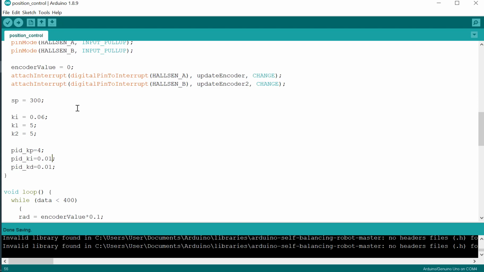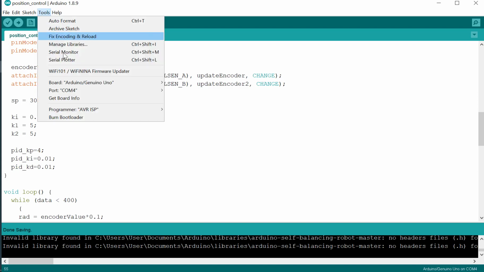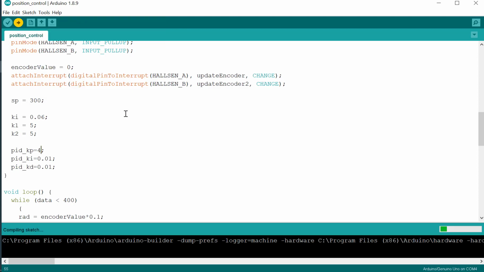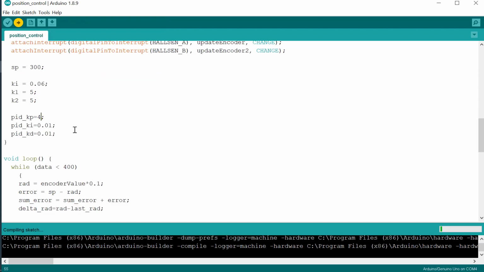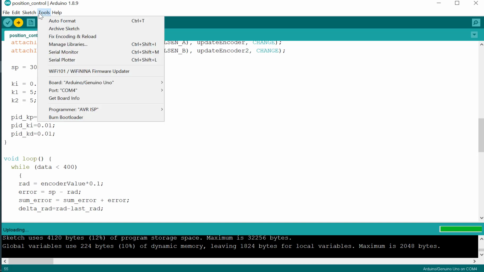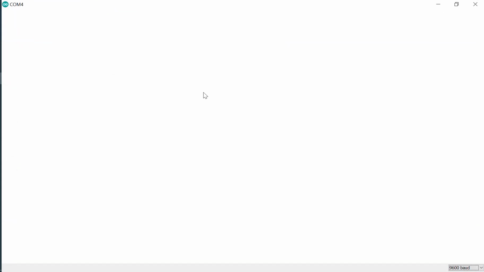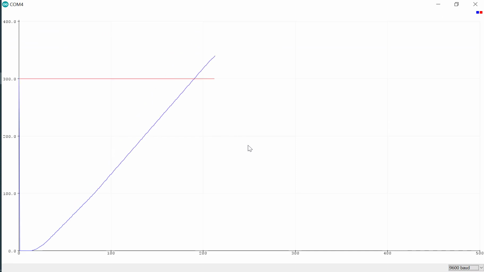I will change it to 0.01. Okay, then we upload again. So there is a big overshoot here.